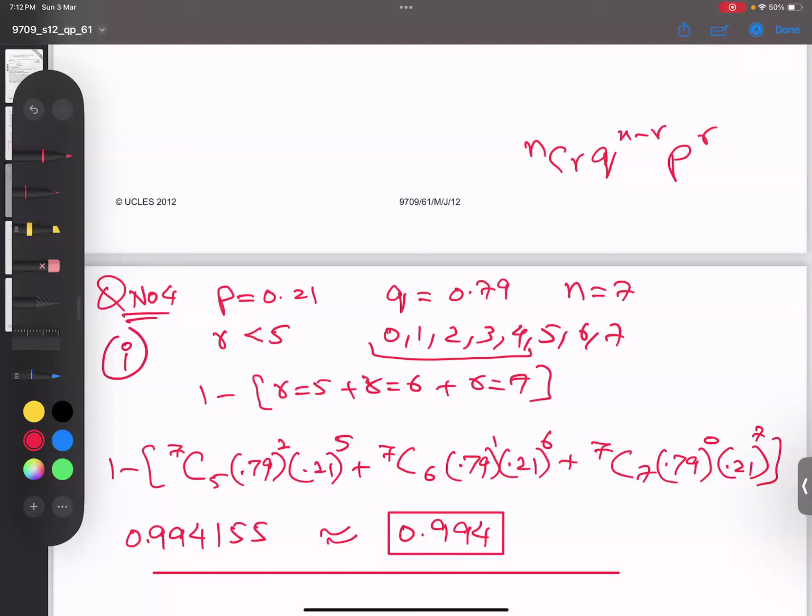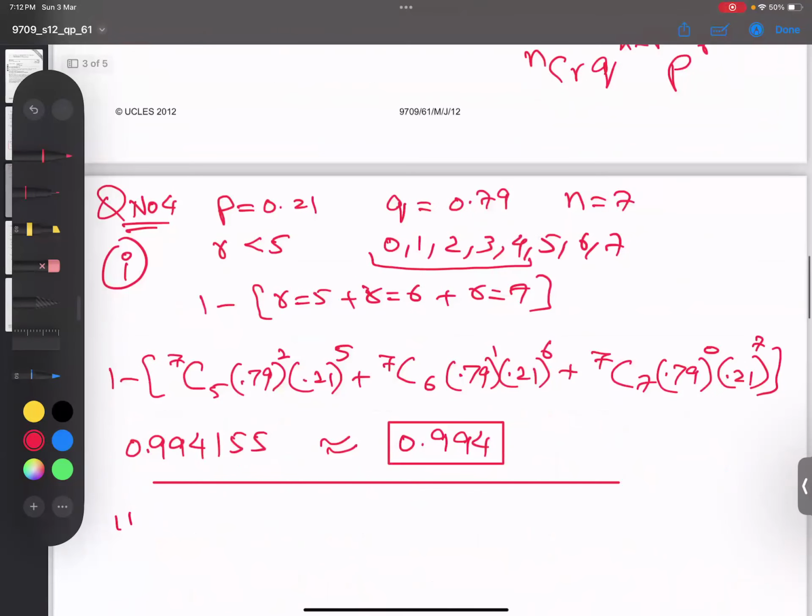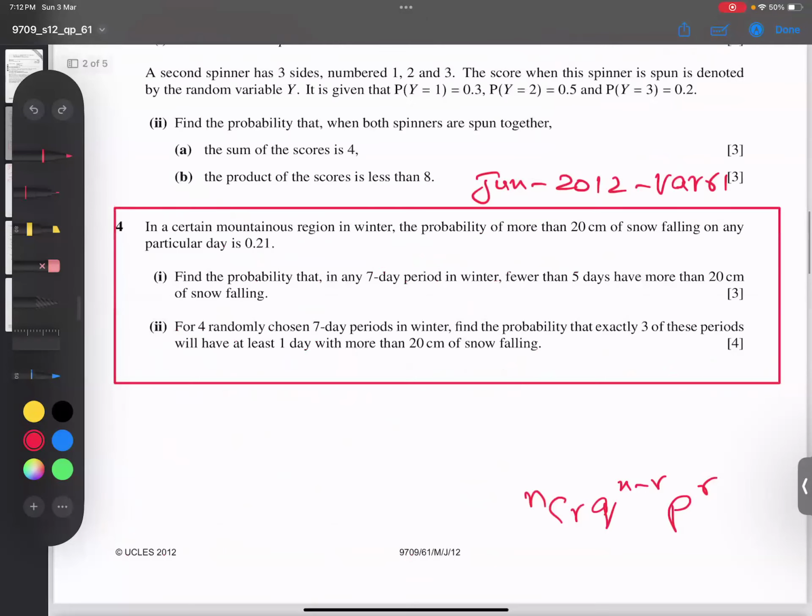This is part 1 done. Part number 2, I'm going to start. But if I need this answer, as I said many times, we will take 4 decimal places for the next answer. I'll check later whether to use it or not. Part number 2, he said: